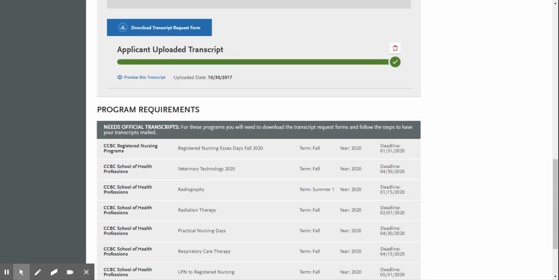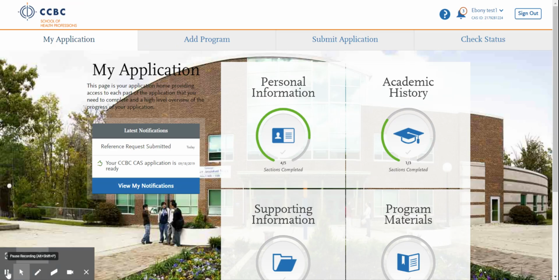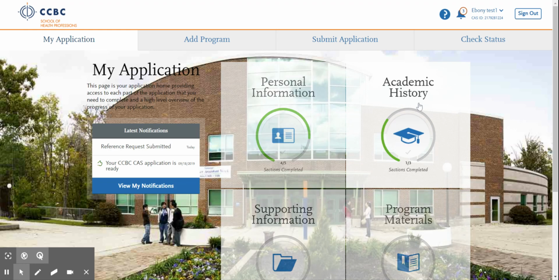If it's an unofficial transcript, then you would upload the unofficial if that's a requirement. Just check here at the bottom for the program requirements. Check also in your application packet back at ccbcmd.edu/SHP. Before I conclude this part 1 of the workshop, I do want you to note that at the top,